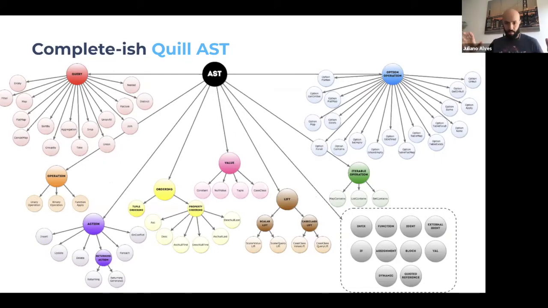That just gives you a general idea of what that quote, the quoted code, can become inside of Quill, right? So, a quick reminder that we have the quoted code. It goes through the macro engine. The macro engine will generate some sort of tree based on these components you can see on screen right now. But that's enough, right? Like, show me the code. Let's see how it actually works.